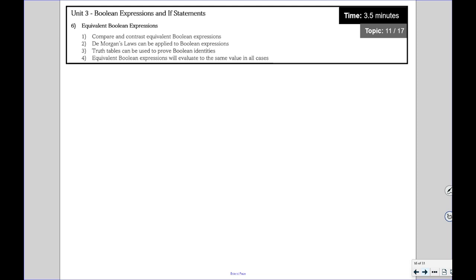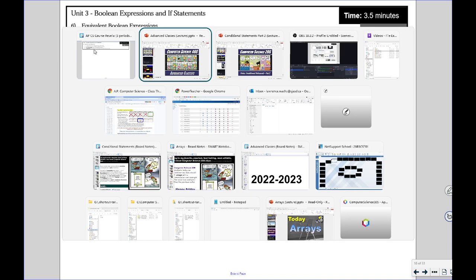Equivalent Boolean expressions. Compare and contrast equivalent Boolean expressions. They use some very interesting language here that appears, I think, for the only time within the curriculum. They mention De Morgan's Law and the truth table. I have covered that with you guys, but there isn't a big curricular desire to do this. I don't know exactly how deep they want to go on this, but let's just jump over